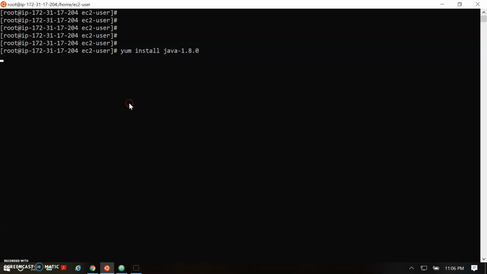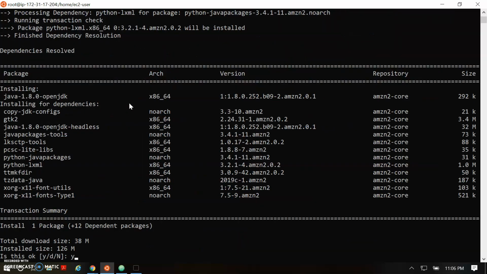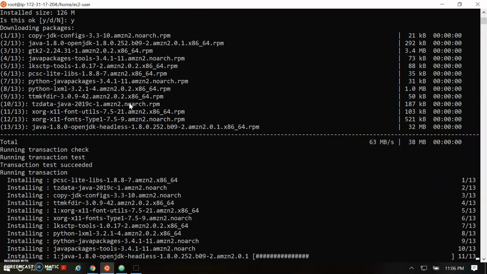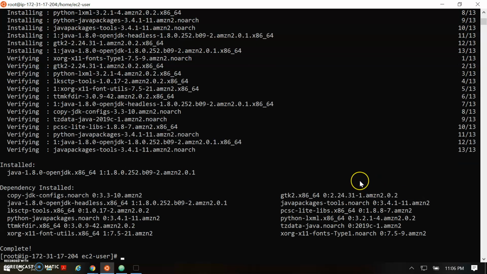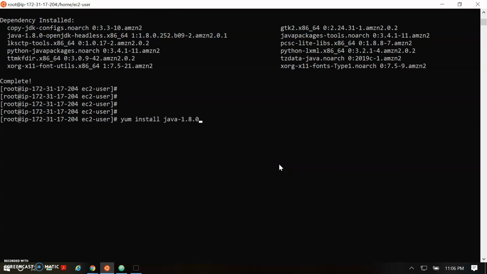This is my first command, installing Java. So we are installing Java. We have installed it successfully. This first command is yum install java 1.8, and then we will also remove any existing Java that was there.